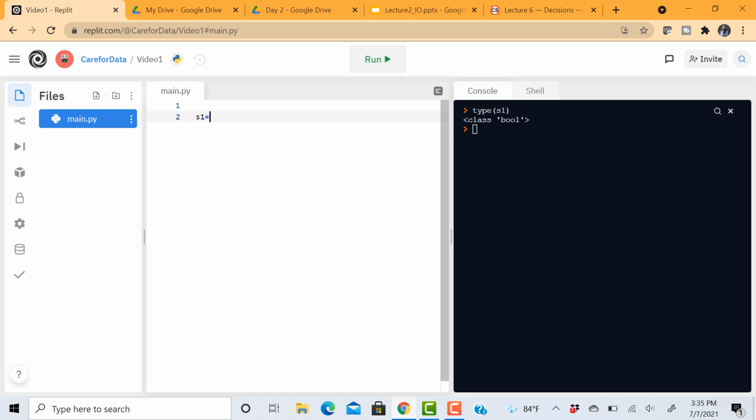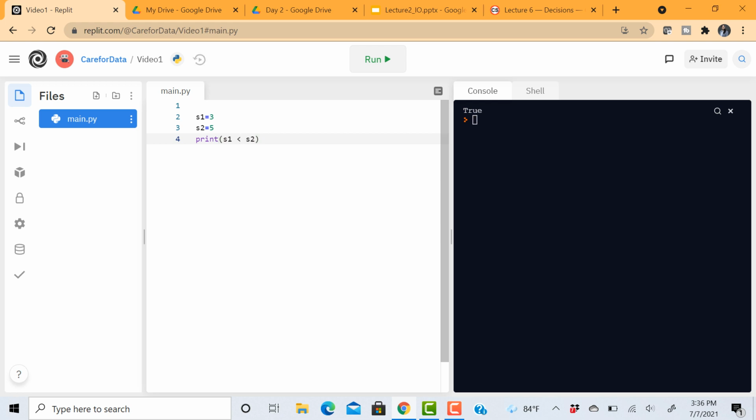Let's say s1 is a variable that has some value 3, s2 is another variable that has value 5. I want to compare them, seeing if s1 is greater than s2 or not. So for that, we have this less than or greater than operator. So, whether s1 is less than s2 or not. Essentially I'm asking the Python environment whether this is true or not. So let me run this. And okay, I forgot the print, because without the print we are not going to get any output. So let me do a print, and the outcome of this is going to be a True or a False. Let me run this. So this is True. s1 is indeed less than s2.